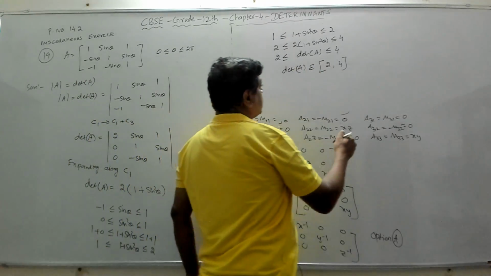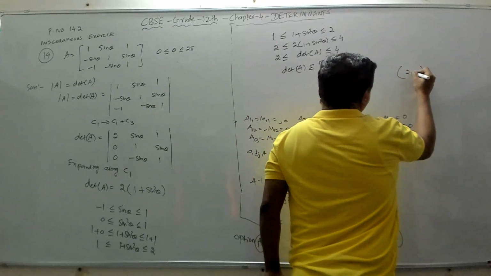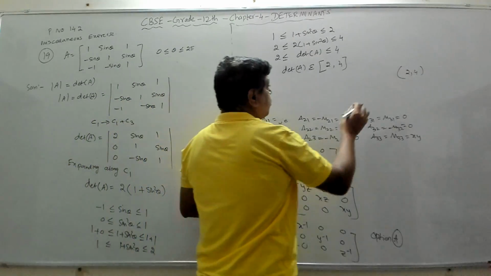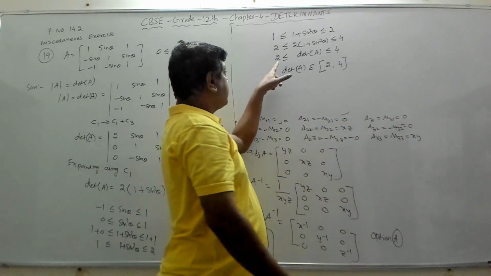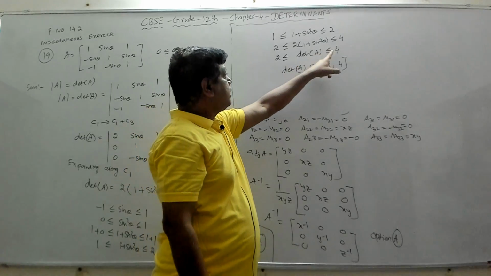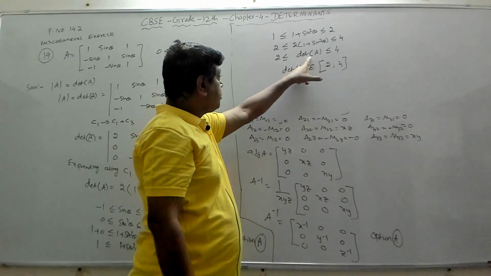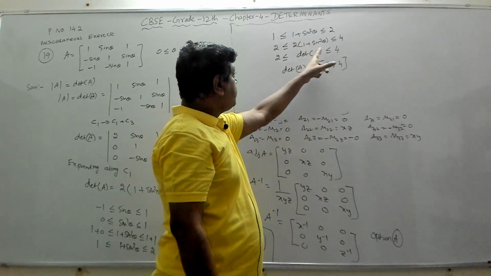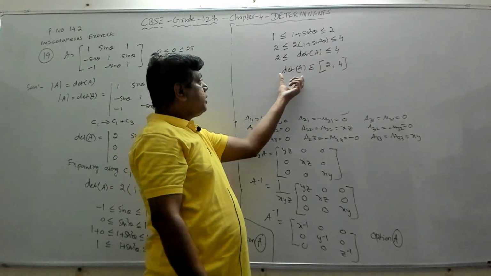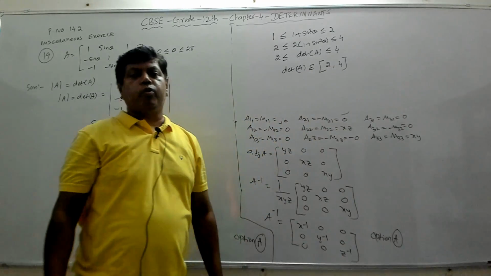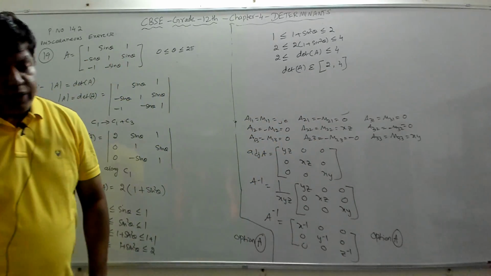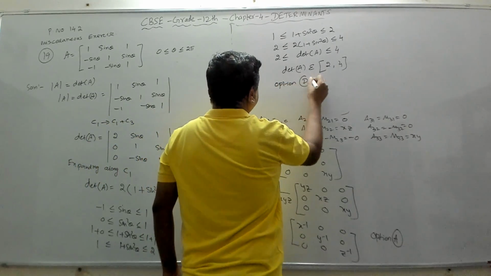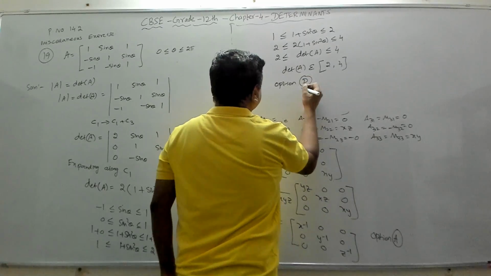Suppose if it is open, open 2, 4 means it doesn't take the value 2 or 4. Here it can take the value 2 also, because equal to is there. Less than or equal to, which means the determinant of A can be equal to 2 also, determinant of A can be equal to 4 also. Also it lies between 2 and 4. So you will say determinant of A belongs to the closed interval 2, 4, which is your option D. So your option D is the right answer for question number 19.